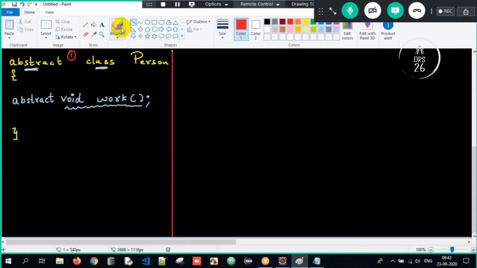Okay, I'll have the class name as employee, with open curly braces and close curly braces. Now tell me, this is a class and this is also a class. If I want to achieve an IS-A relationship from employee to person, class to class, we have to always make use of the extends keyword. Class to class, extends, and extends which class?